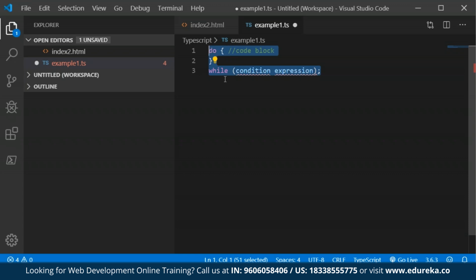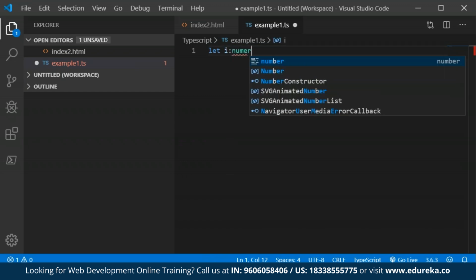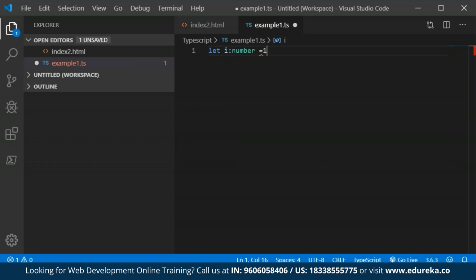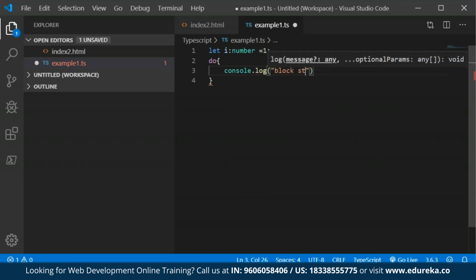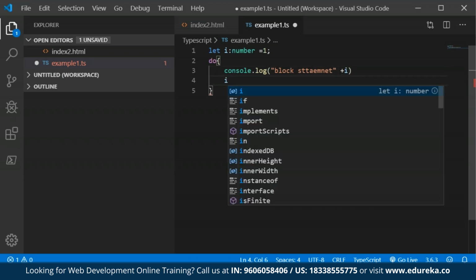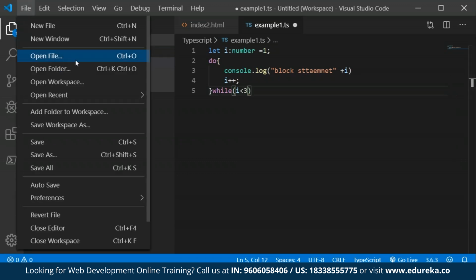Now let's take the example and see how it works. First I'm taking the let keyword, let i number equals 1, so I'm initializing the value of i to be 1. Then I have my do keyword, and we move on to console.log and print the block statement, which will take the i value. Next we need to increment the i value, or decrement, whatever you're trying to do. Once you're out of this do block, we take the while condition and I'm giving the value as i less than 3. Now let's save this